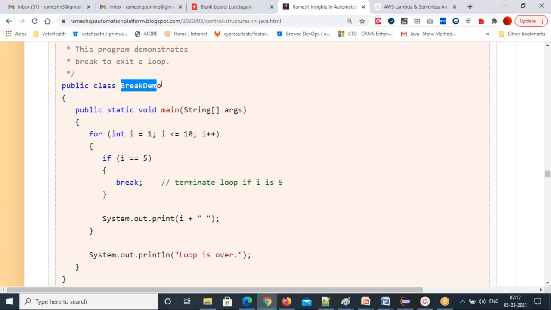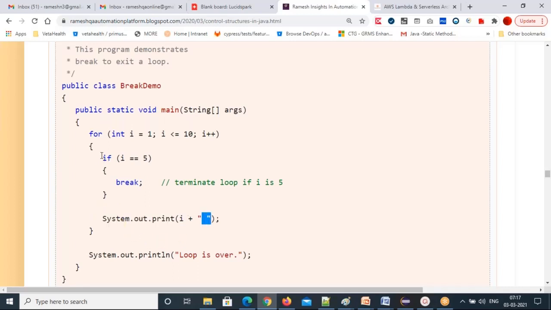Here is a simple example. public class BreakDemo, public static void main(String[] args), for int i equal to 1, i less than or equal to 10, i plus plus. If i equal to 5, then break. So if the i value is equal to 5, then I'm asking it to break. Then System.out.print i, one by one we are printing.